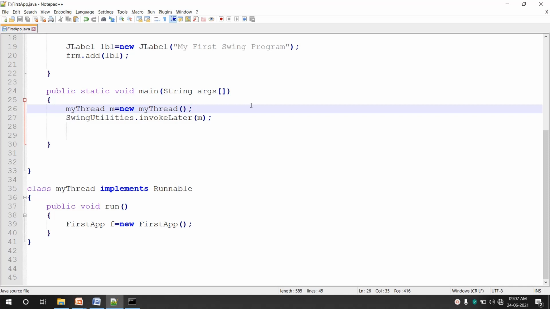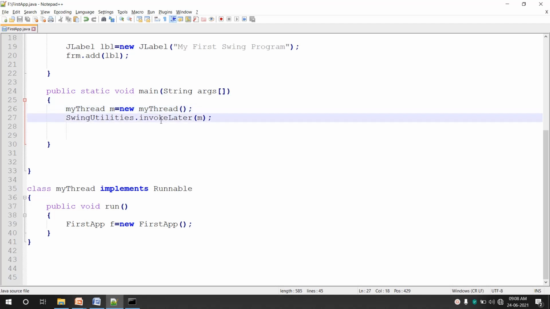So what exactly have we done? We have done the same thing as last time, but we have tried to simplify this, though you can see if you try to simplify it, it simply includes more lines of code. So again we are using SwingUtilities.invokeLater, which is used to invoke the event dispatching thread, and we are passing a thread object m to it.